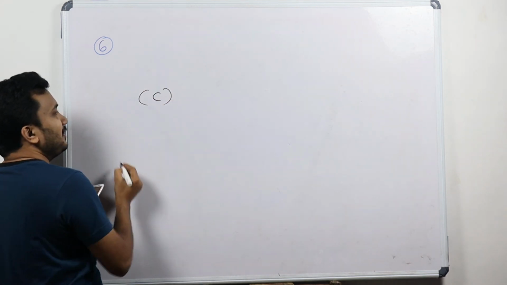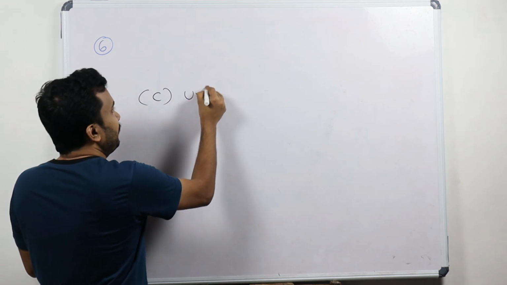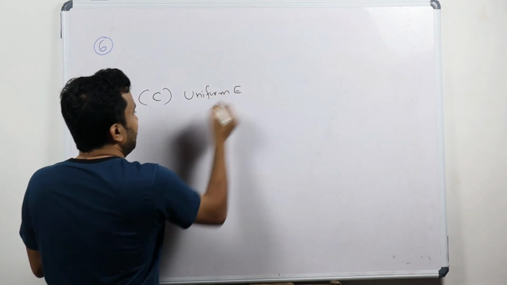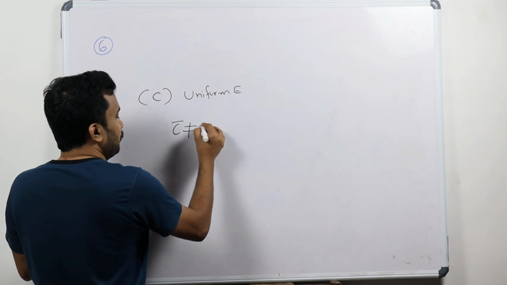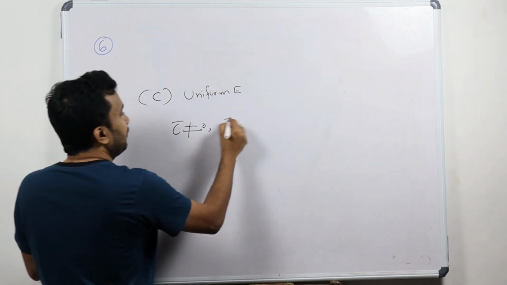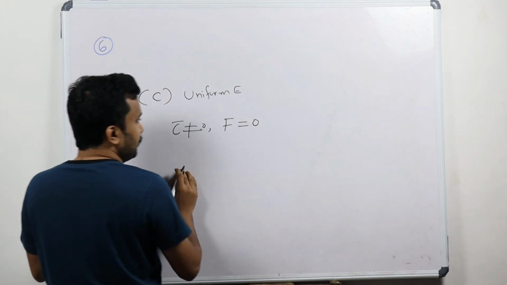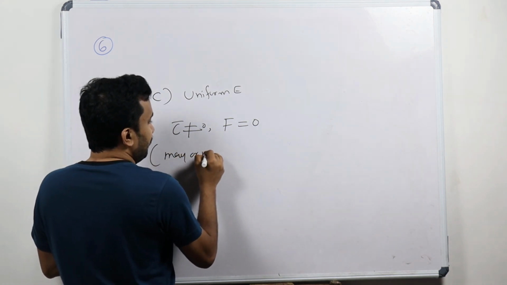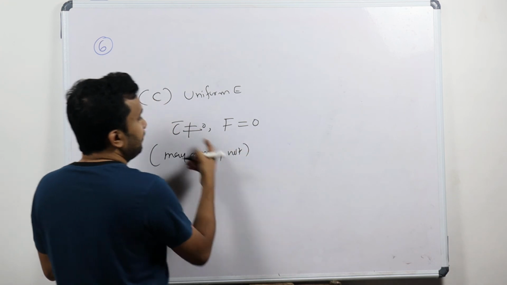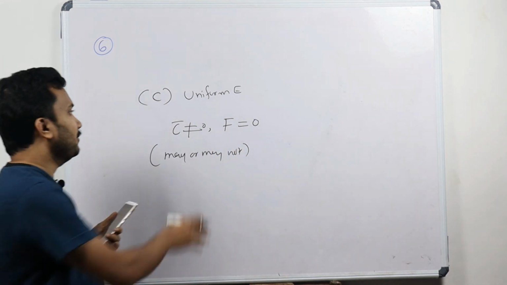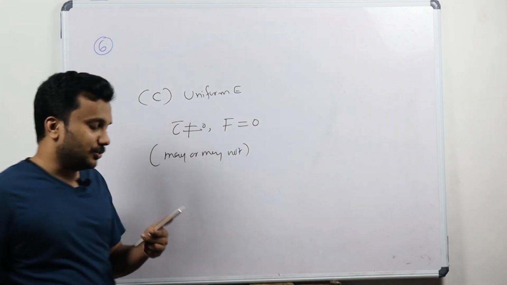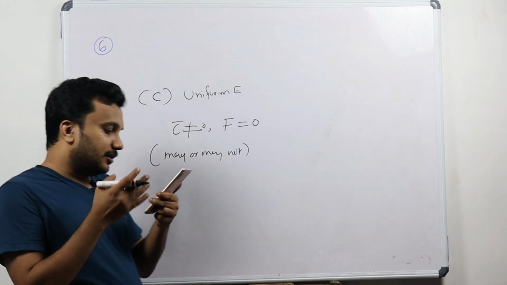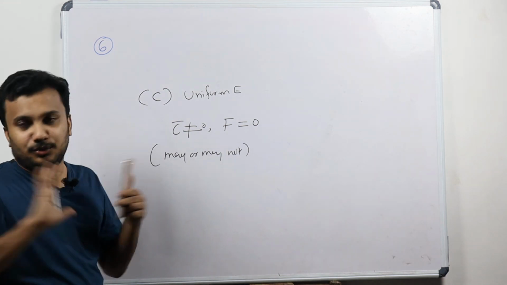Option C is the right answer. In a uniform electric field, torque is not equal to 0 ideally, but force is equal to 0. Torque, I cannot say it may or may not; I have to say it depends upon the angle, but force is always equal to 0. There is no displacement. Torque will rotate it, and force will be no.